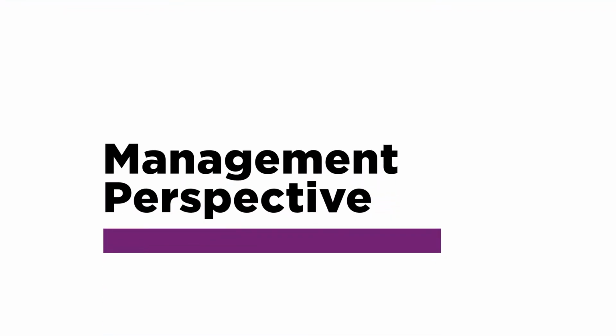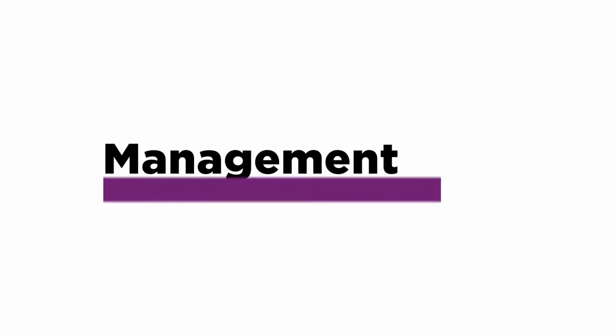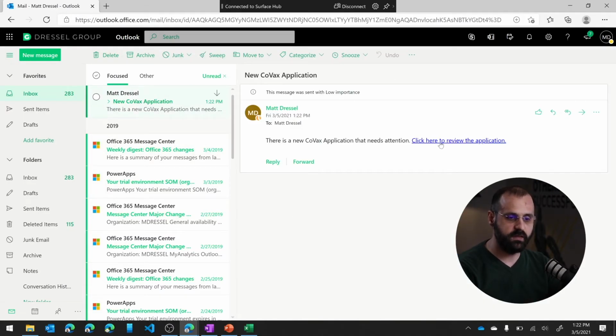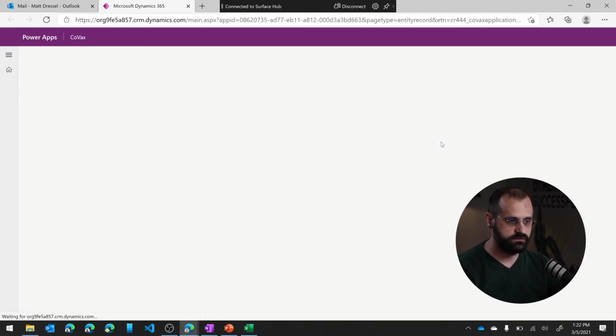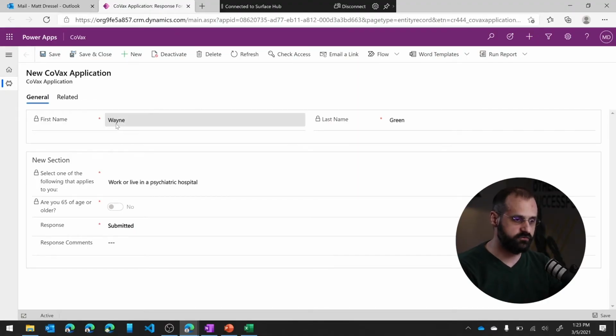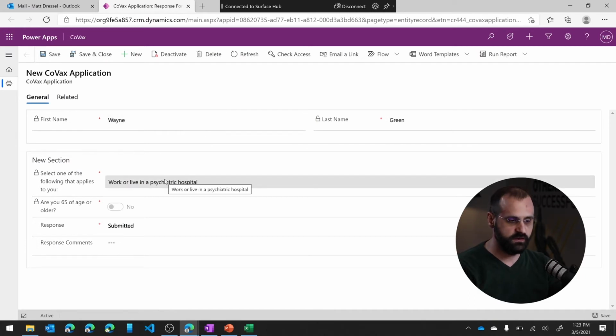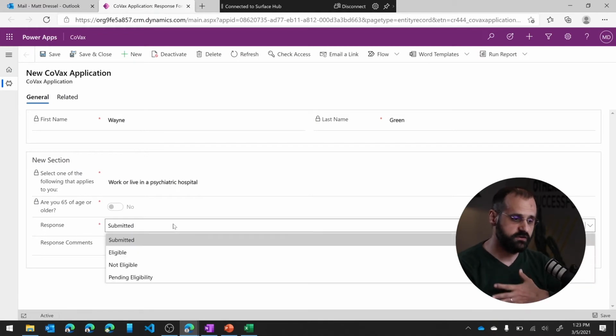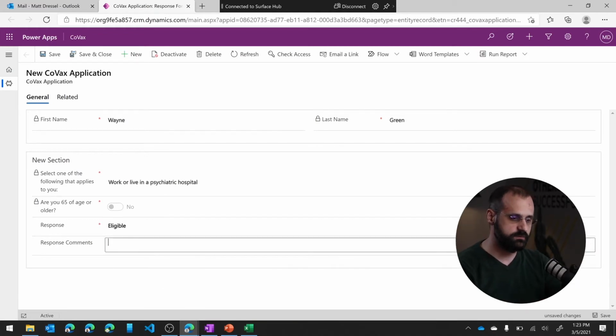If I go check from the perspective of the user who would be responsible for responding to applications, what happens for them is they'll get an email saying, hey, there was a new application, and then they can click this link that's in the email to go out to a model-driven application that is based on the same data that we used within the portal. And that model-driven application simply says, hey, here's what somebody requested. You know, it was Wayne that requested it. This is what they've responded for their different options. And then basically I, as the user in this case, simply just need to say, hey, you're eligible, and